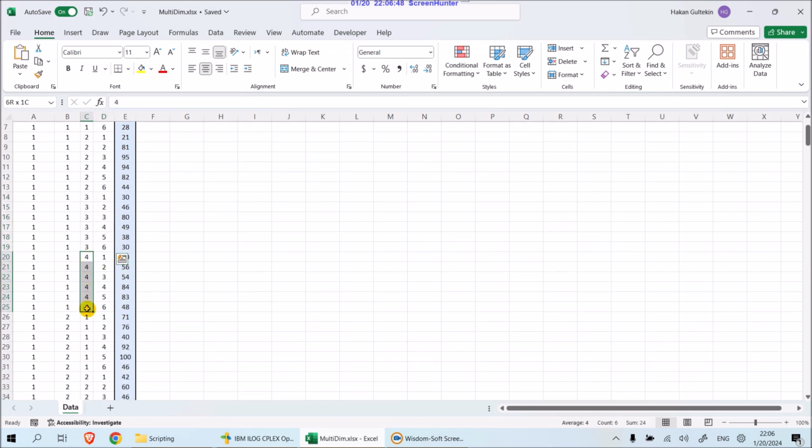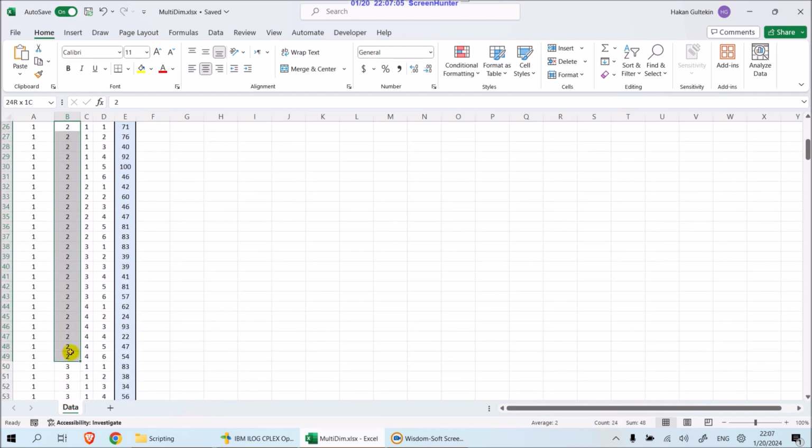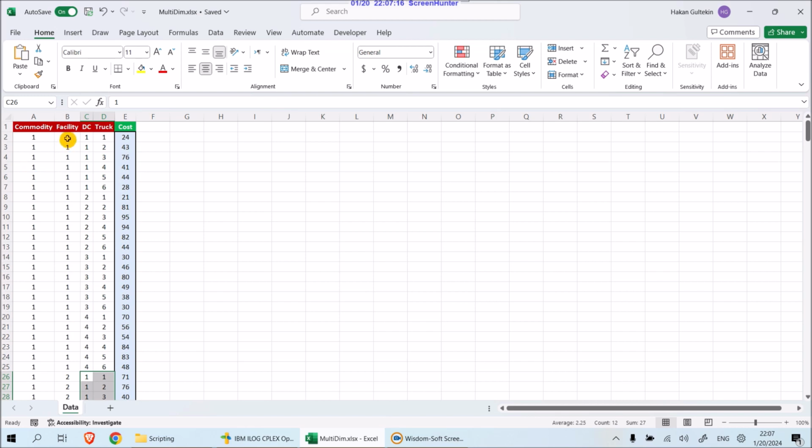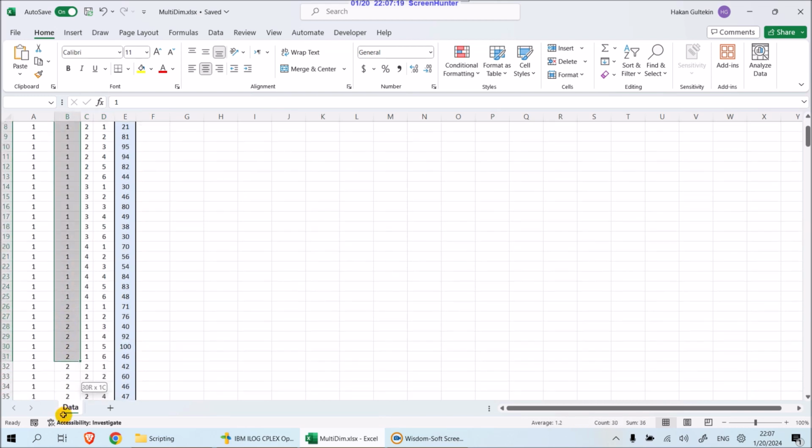And DC goes to 4, which is the last element of DC, and the track goes 1 to 6. And when DC finishes, the facility now goes to its next element, so that for all these values, the facility is 2, and then you see the DC and the track again repeats itself. So when we finish up with all these 3 facilities, 1, 2, and 3,